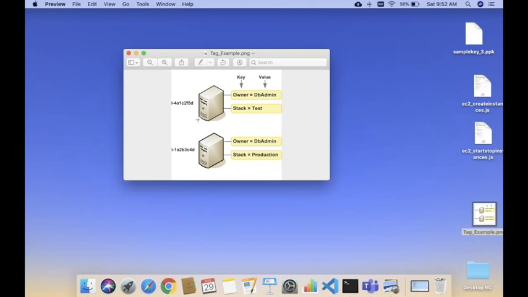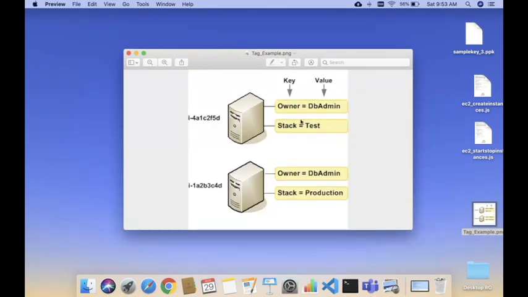Consider I am going to create two different instances. Consider the instances which I have created now. A key and value pair is a tag. For a key, we are supposed to specify a particular key name and a corresponding value. For one instance, I can mention multiple keys. I can specify an owner key and I can specify a stack key. Owner can have some value and the stack can have some other value. For a second instance which I have created, I have two keys, owner key and stack key, with different values.